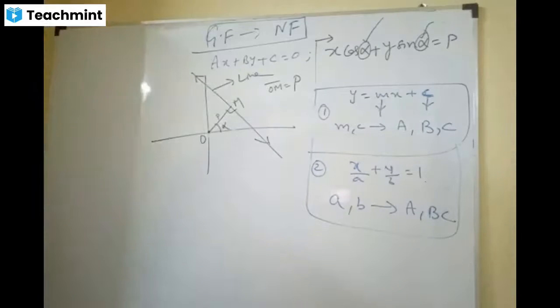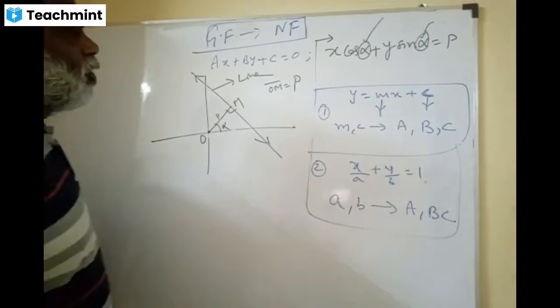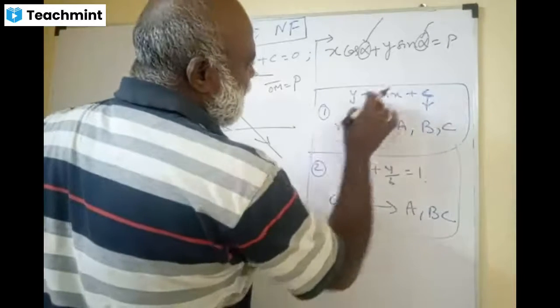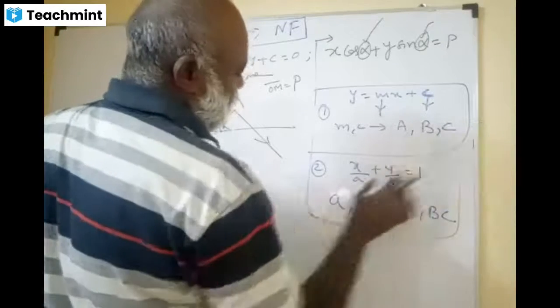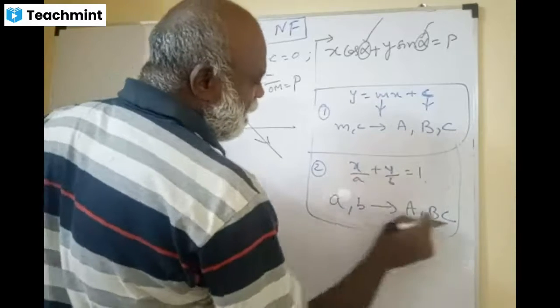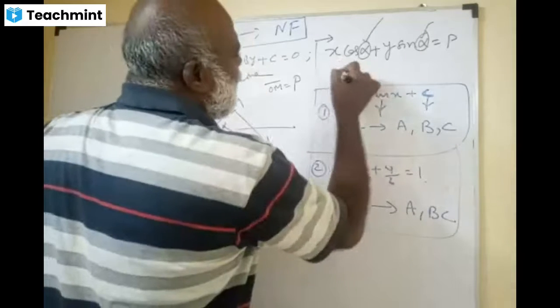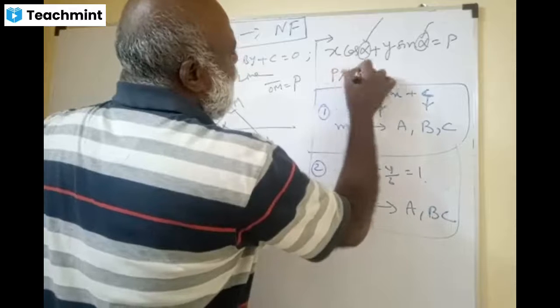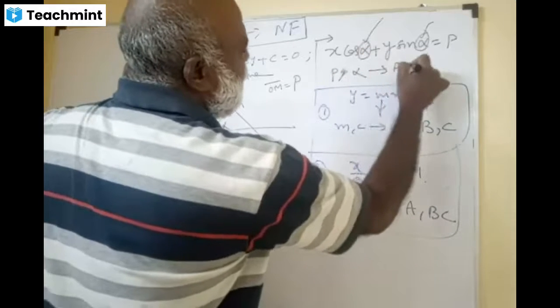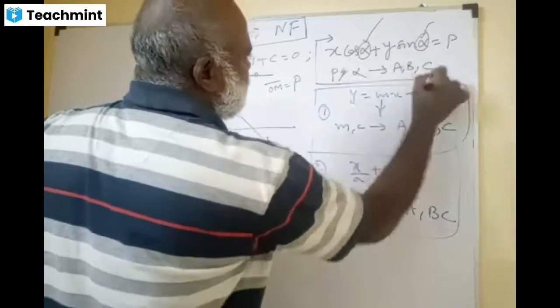Right. Friends, so the third one now, so you should write, friends, here earlier, y is mx plus c. I wrote this m and small c in terms of a, b, c. x by a, y by b is what's called intercept form. Here, rather than a and b, I should write p and alpha, cos alpha and sin alpha, in terms of a, b, c, d, s. This is the story.